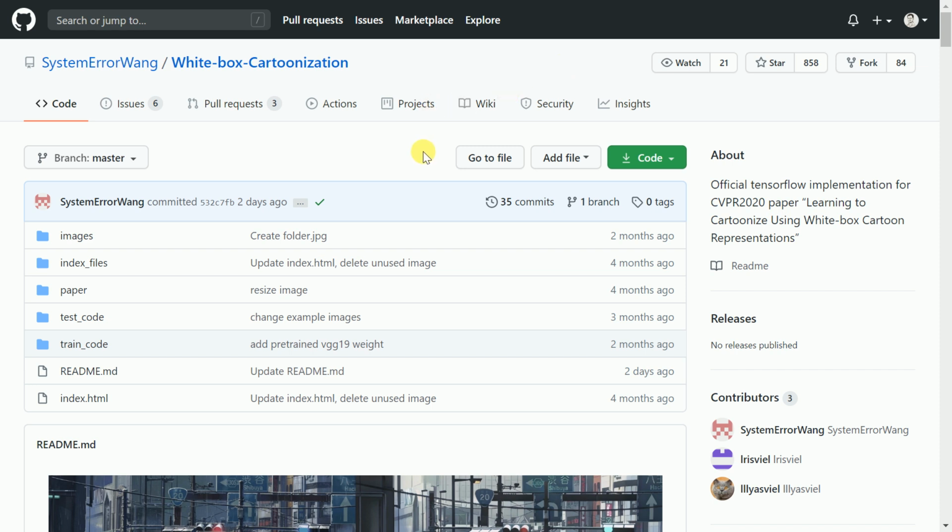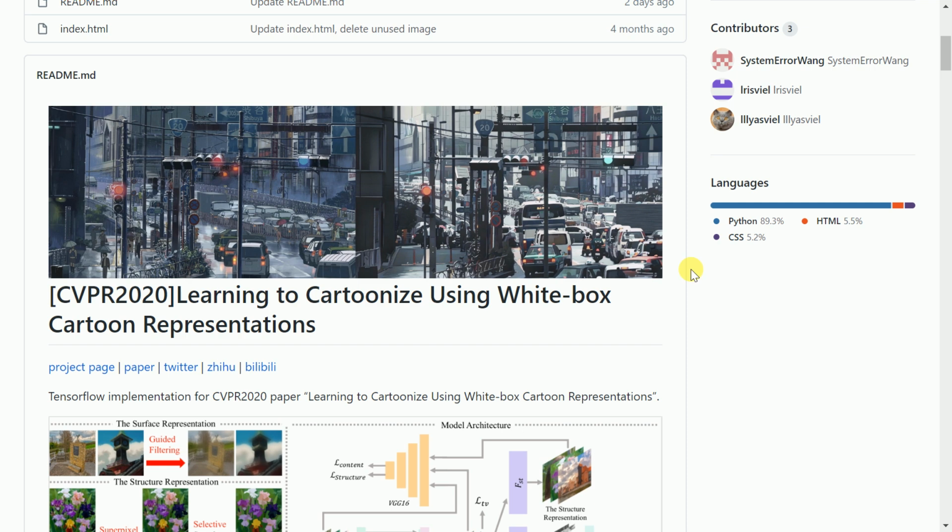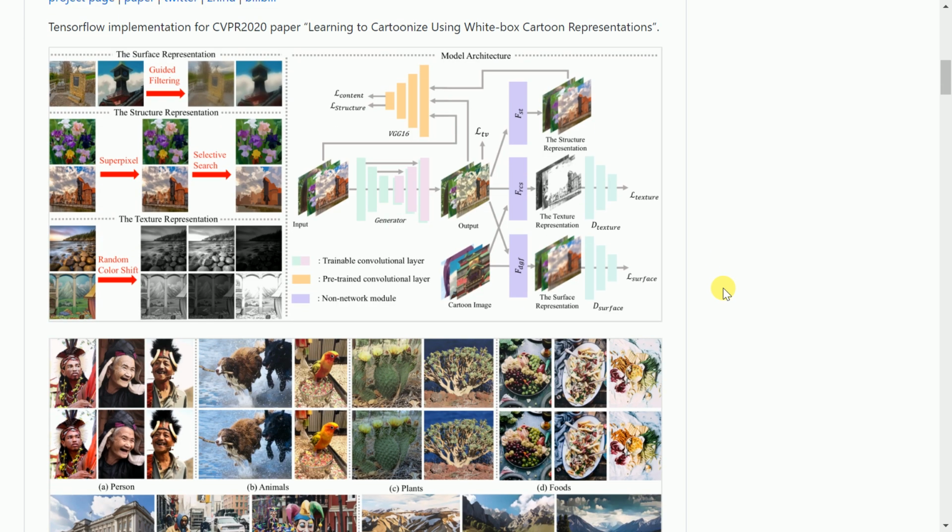When I'm recording this video, I find that there are three amazing contributors who've contributed this end-to-end repository. Just by looking at the implementation, I was really amazed by the results that were generated when you feed in a normal image and you get the cartoonized version of the image. So let me go down the repository as well. So this is the actual implementation in terms of how they've been able to implement this.